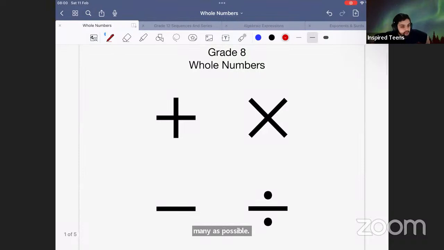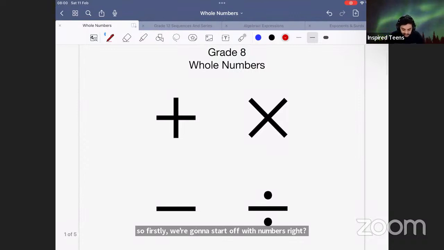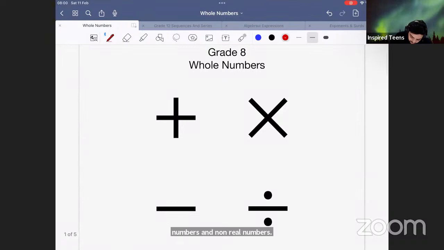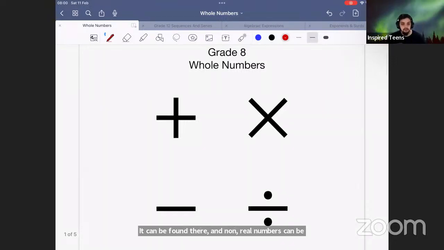So firstly, we're going to start off with numbers. The first thing we're going to talk about are our real numbers and non-real numbers. So real numbers can be defined. It can be found there, and non-real numbers can be found here. So the first thing we're going to discuss